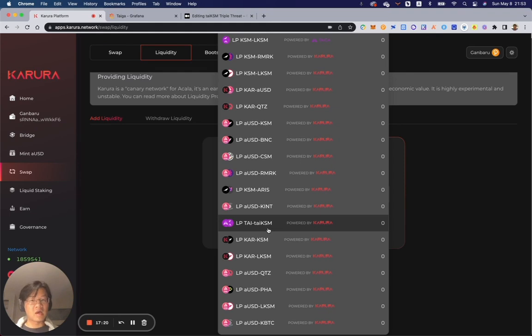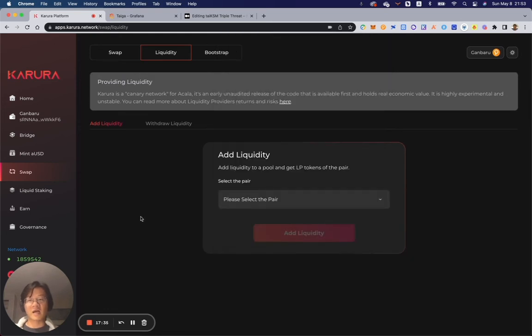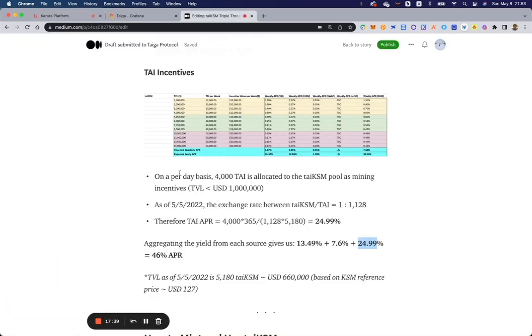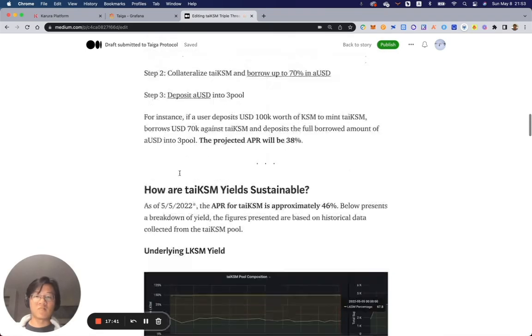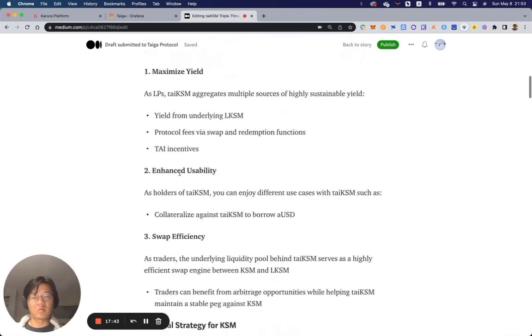We're going to be doing a call with the Akala team to explain the benefits and use case of taiKSM. I'm sure there's going to be a recording of that as well. For those who are still not familiar, do check out the taiKSM asset as well as the article that we are going to be publishing